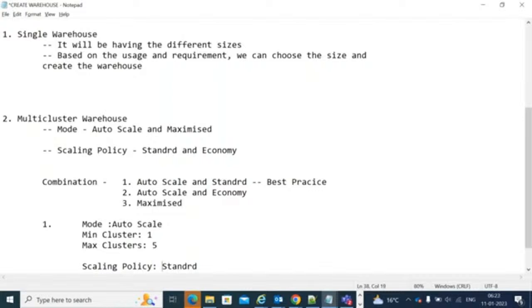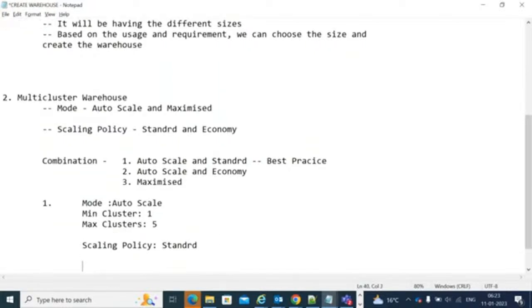So what it will do, if you select this combination, suppose you try to load around 10 TB of data into a Snowflake, a 10 TB data load. Fine, this is one of the scenarios. If you are trying to load 10 TB of data into your Snowflake, so what will it do if you create